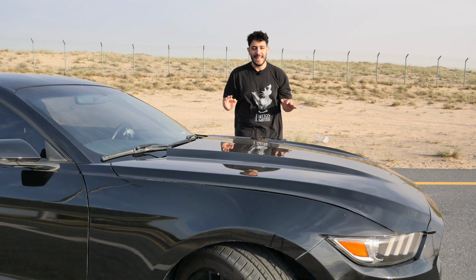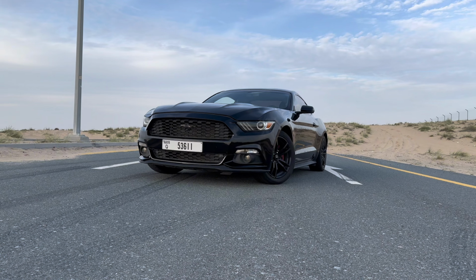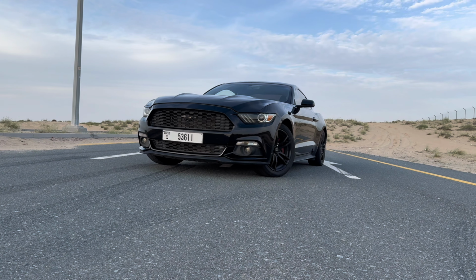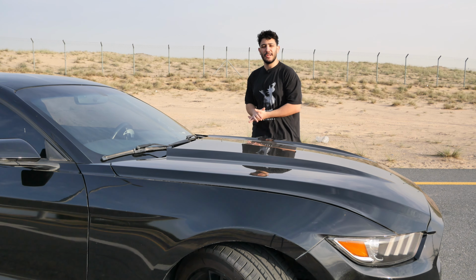I think the main selling point of the EcoBoost Mustang is the looks. It's definitely not the engine, and it's definitely not the reliability. So it's got to be something, and that something is, again, definitely the looks. Mustangs in general look really...